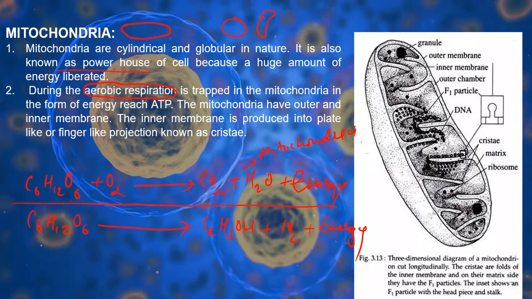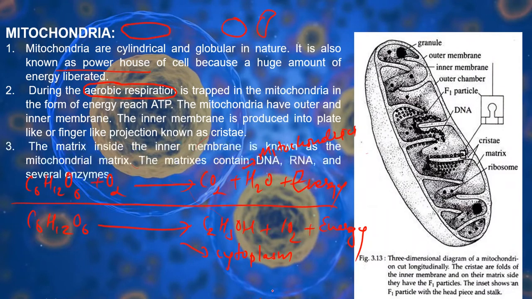Anaerobic respiration takes place in the absence of oxygen, and it takes place in the cytoplasm. So I hope you know about cytoplasm and mitochondria. Aerobic respiration takes place generally inside mitochondria, where a large amount of energy is released in the form of